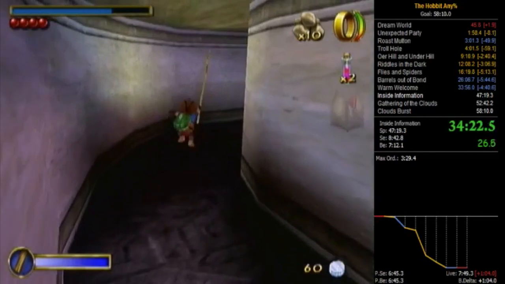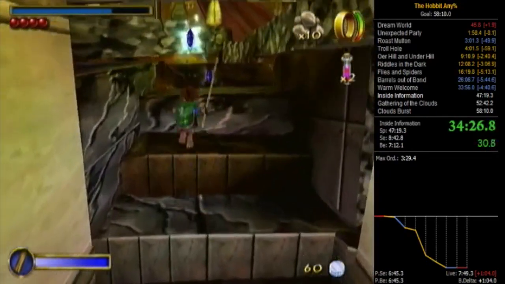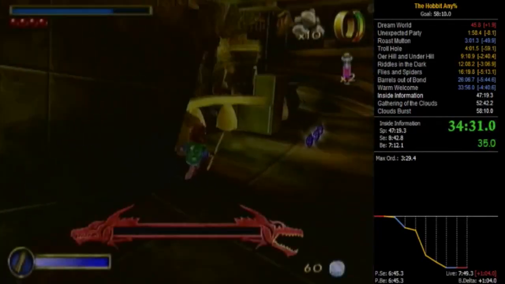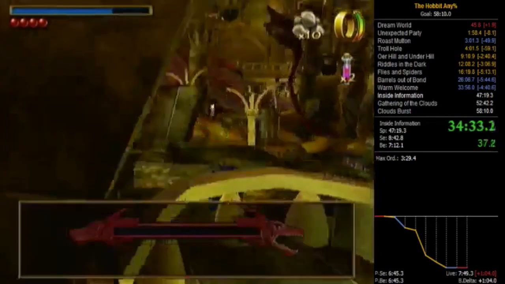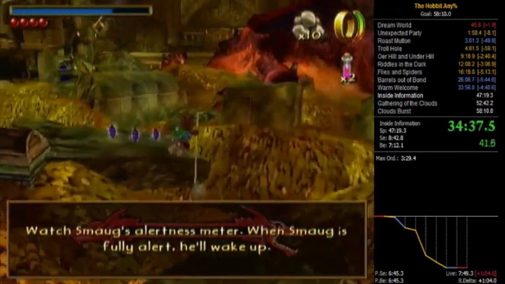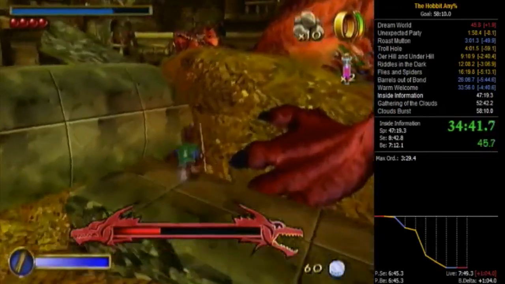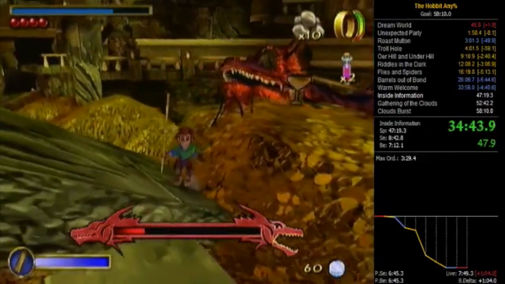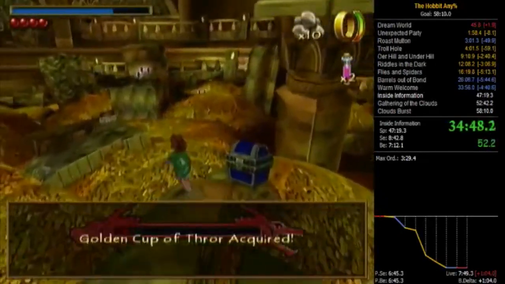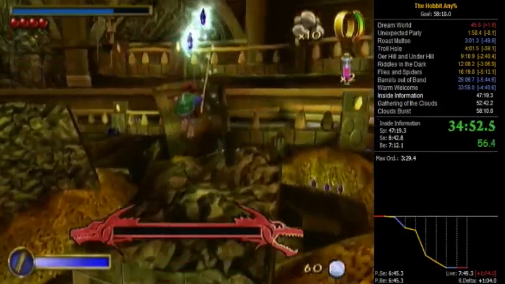This is a really, really tricky level. Well, it's not too tricky. It's tricky in the sense that you have to be really, really careful. If you stand on the gold for too long, Smaug will wake up and basically toast you. So you have to be really careful not to make too much noise. You have to make sure not to walk on the gold, and most importantly, you have to make sure not to run into Smaug. But we just do some jumping around here to go get the Cup of Thror, and